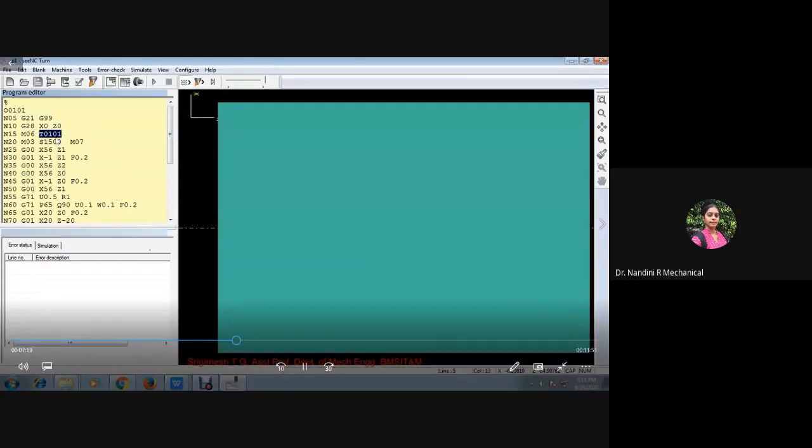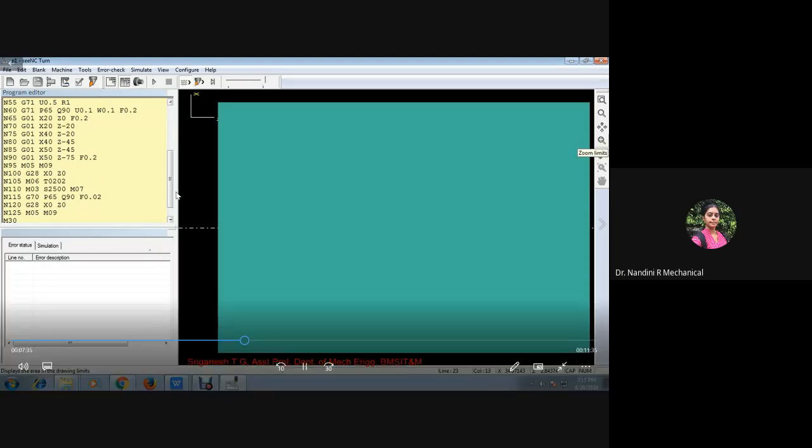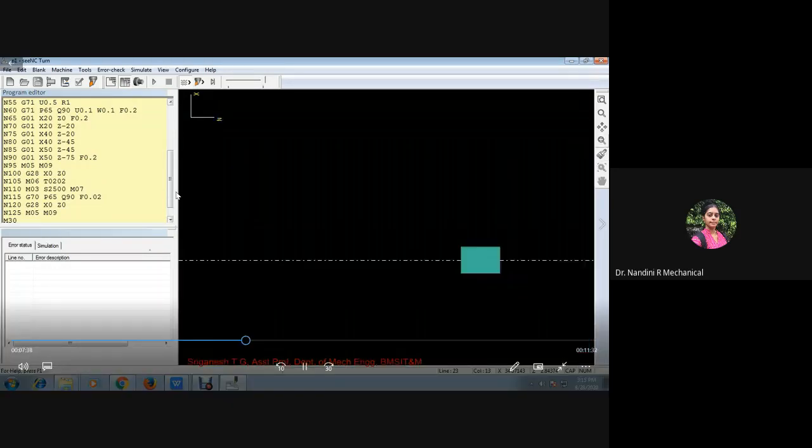This is T01 for rough turning and similarly T02 for the smooth surface finish of the turning operation. Now if you fit screen, this is how the normal blank looks. You haven't done any operation.